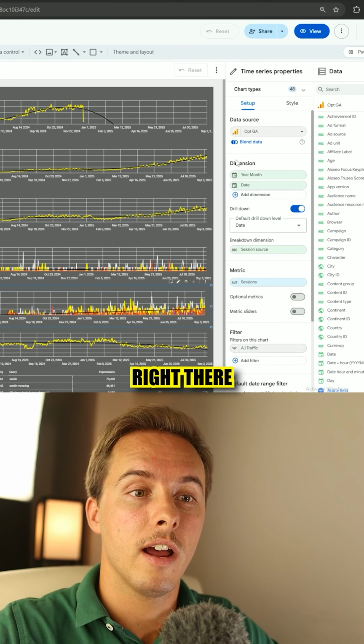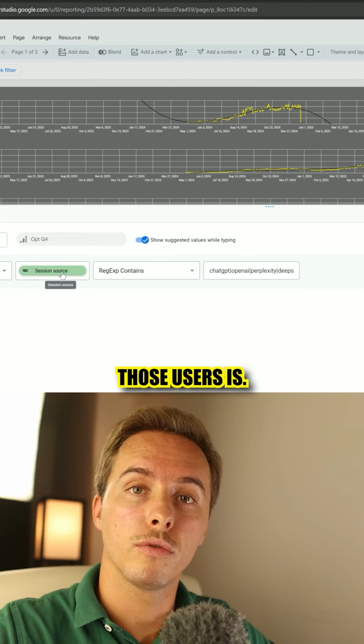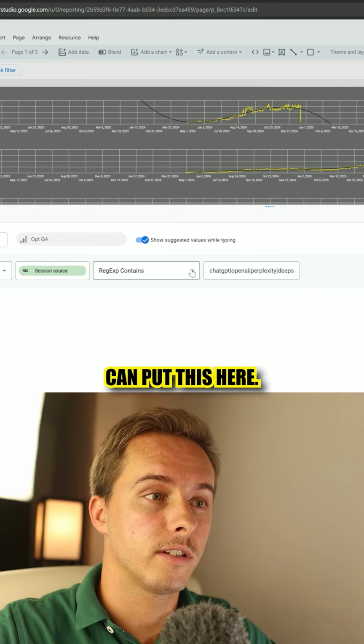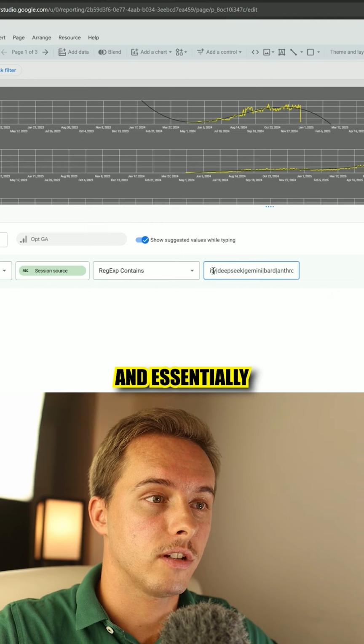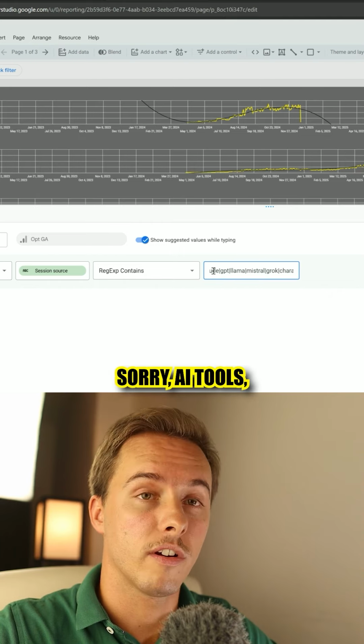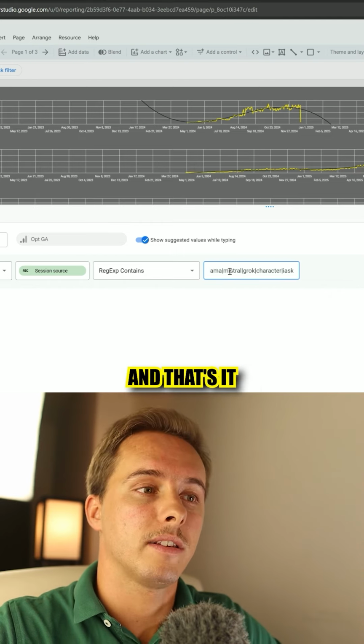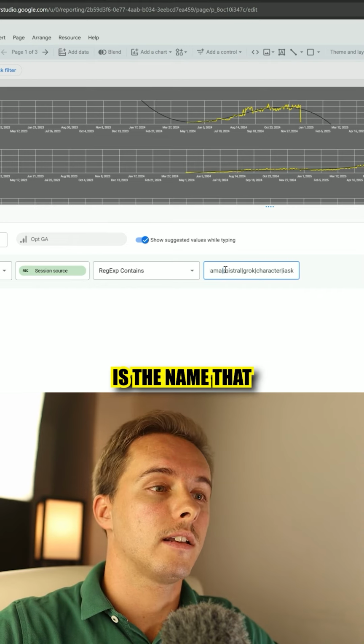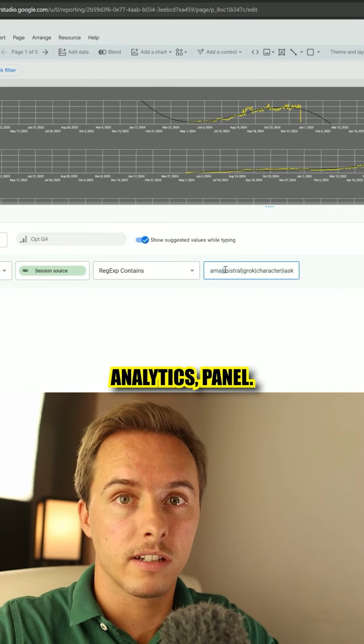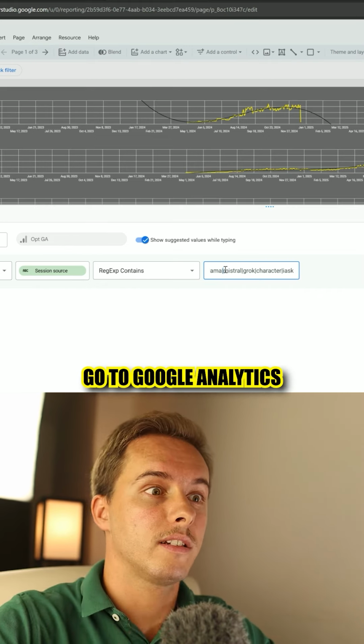In this case, I think I explained it in the other video, but you need to choose that the source of those users is, and then you can put this here. You can pause and see, and essentially all the names of the AI tools. I didn't just type the name and that's it. It's the name that appears in the Google Analytics panel. So you need to go to Google Analytics, filter